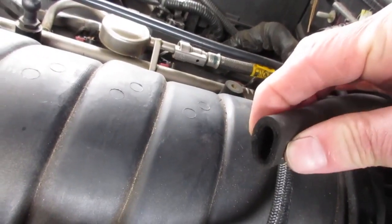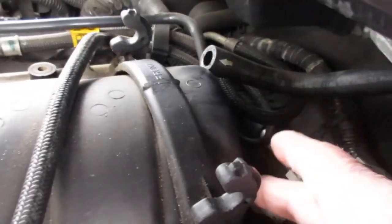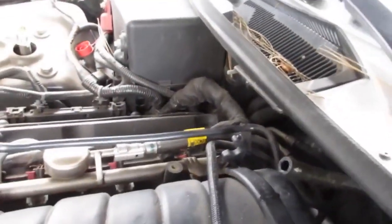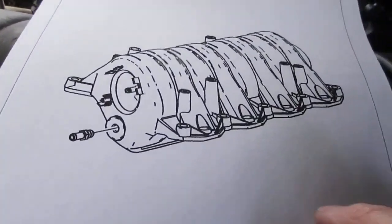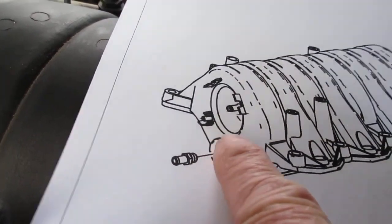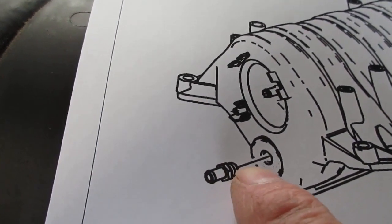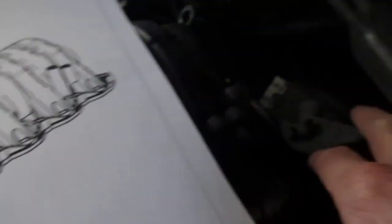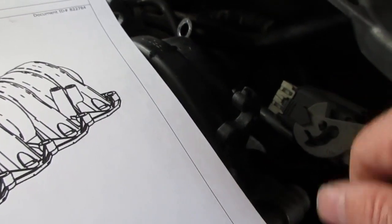So I have a new hose coming from the dealer because as you can see, it's pre-curved, it's got a lot of curves and bends in it. And it goes on the back of the intake manifold back behind there. And so that's why I made this picture for you. It's backwards compared to how the car is, but this is the rear of the manifold. And so right back here on the bottom, that's where that little nipple comes out. And so I'll be able to get my hand back there. I can move some of this around. Maybe get a long pair of needle nose or something to push it on because it's going to be a